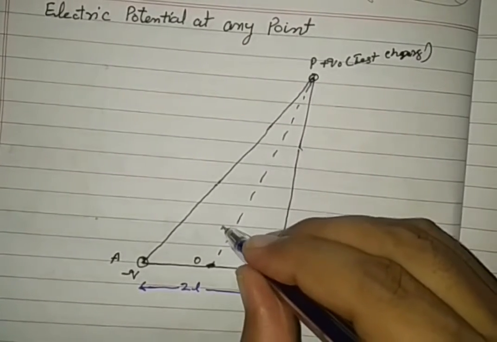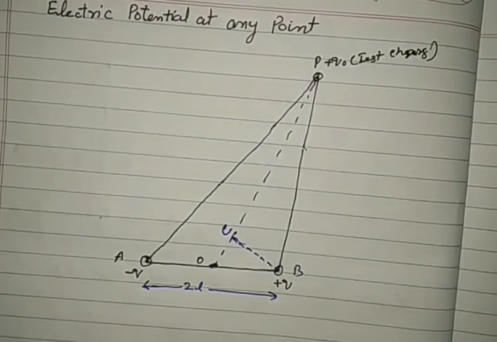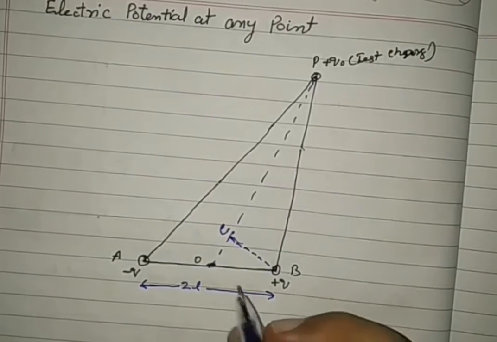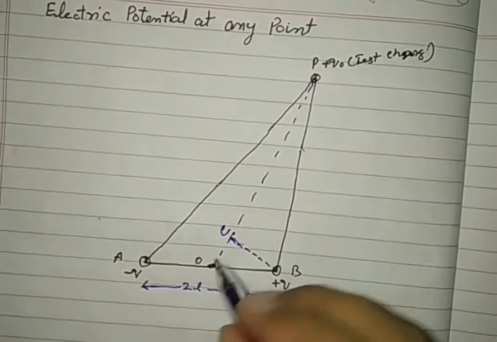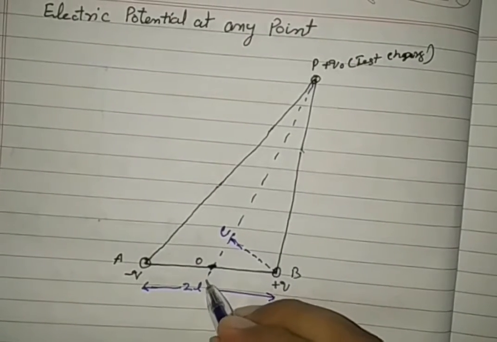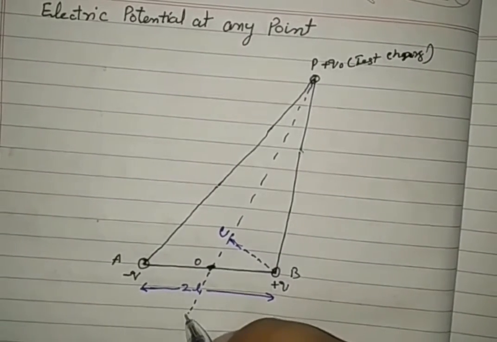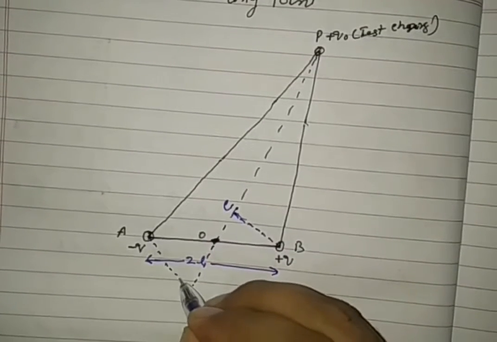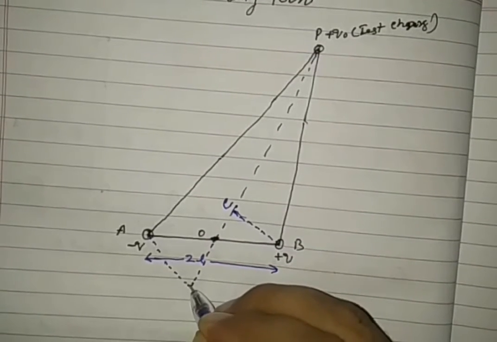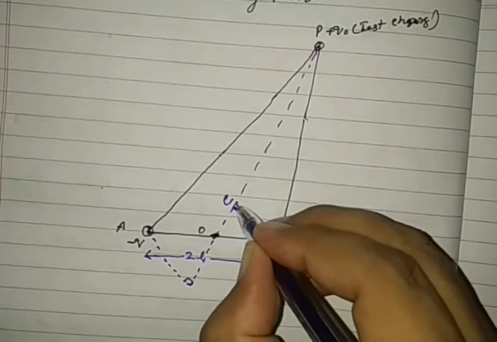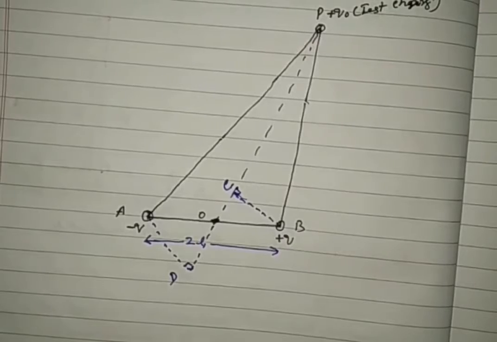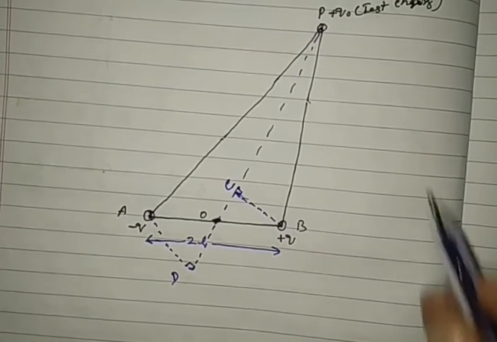Let this point be C, right? And this OP, I am proceeding back in such a way that when we draw a perpendicular upon A, it comes perpendicular at this point, 90 degrees. Let this point be T. See, what does it mean?